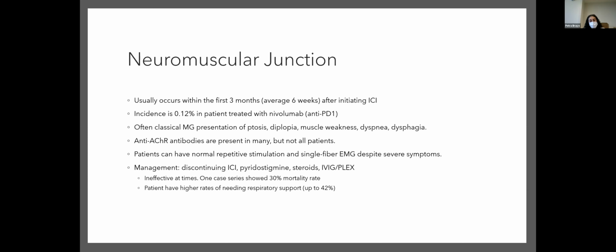Management, again, you just discontinue the ICI. You can treat symptomatically with Mestinon, and then they actually recommended high dose steroids for this patient group, which is not something that we would typically do for our myasthenia patients coming in for flares, starting 1 gram of steroids daily initially. But I think in the case of ICI, in some of the reports I read, they think that these patients improved with the high dose steroids. And again, IVIG and PLEX, like I said, when cases get very severe, a lot of these treatments are